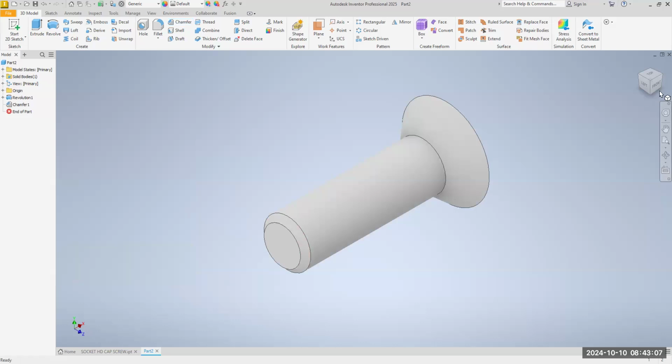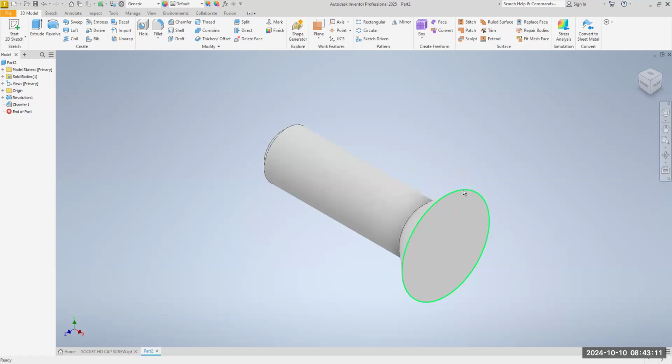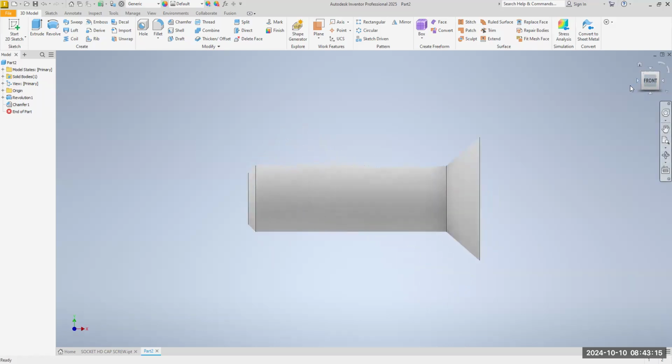All right, now we're not going to do that up here. We're not going to put a chamfer on this edge here, because remember, when it comes down, you want it to be flush with the surface of your whatever. It could be a machine part. You might want it to be flush with the floor. All right, so